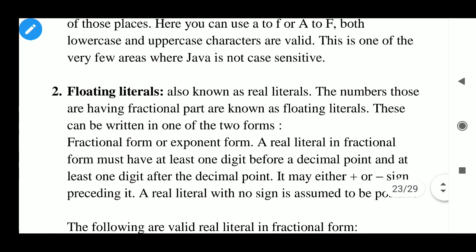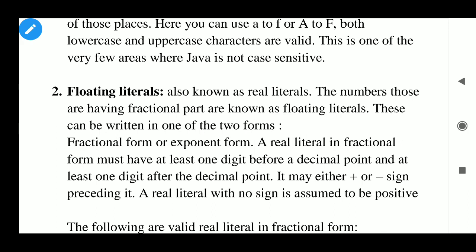Floating literal, also known as real literal. The numbers that have a fractional part are known as floating literals. These can be written in one of two forms, fractional form or exponent form. A real literal in fractional form must have at least one digit before the decimal point and at least one digit after the decimal point. Remember this one.